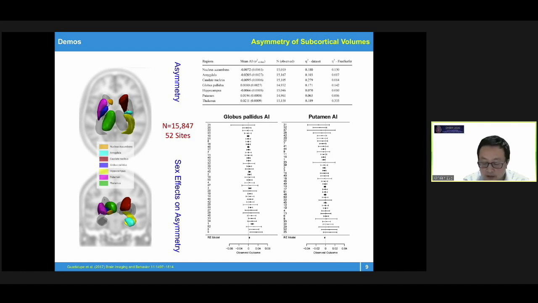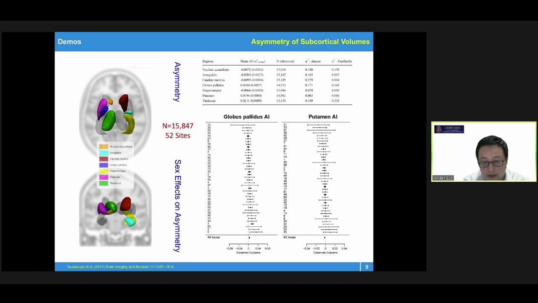By now, the largest study was conducted by ENIGMA, using MRI images of more than 15,000 subjects from 52 sites. It reported that each subcortical region exhibited some degree of asymmetry, while pallidum and putamen showed the strongest effects on the